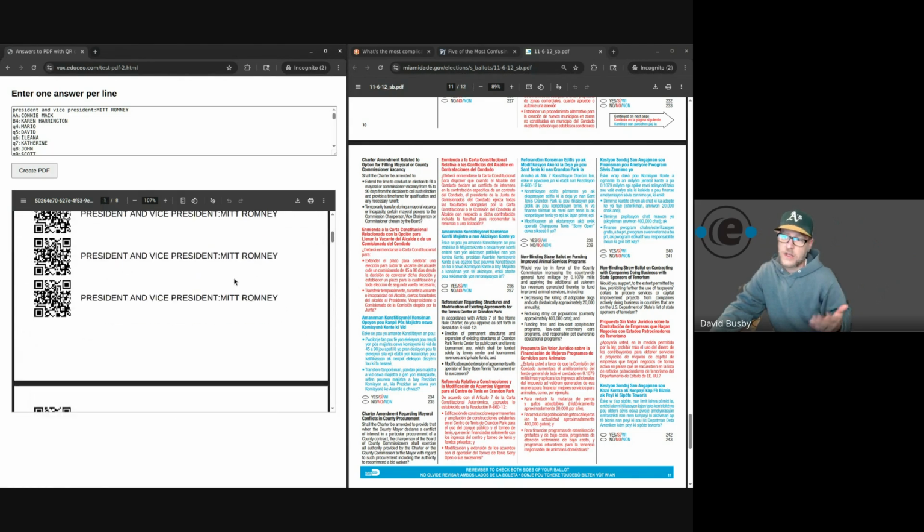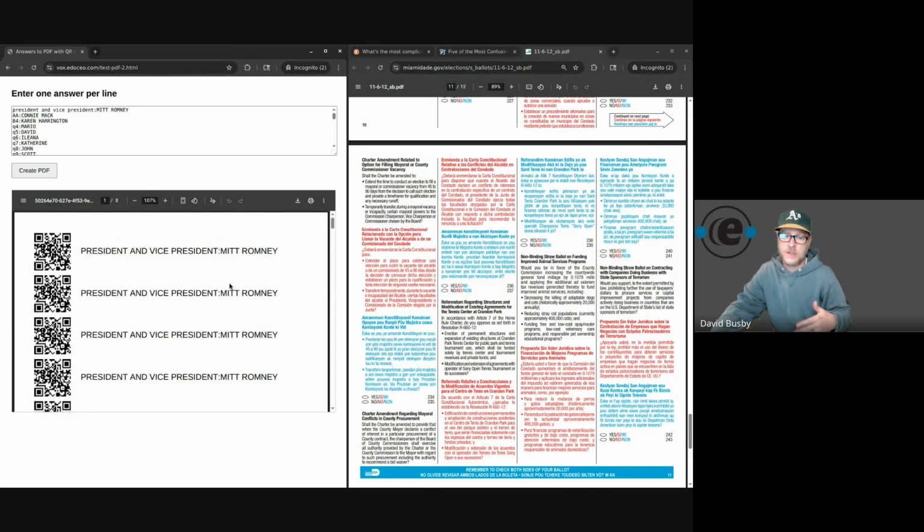But right here, this is a brief demonstration of a ballot result that can get created that has an electronic record. This means it's easy for electronic tally systems, so we can get the result quickly. But it's also got the answer that the voter selected right here. And then how do we know that this whole thing is good and legitimate? Well,